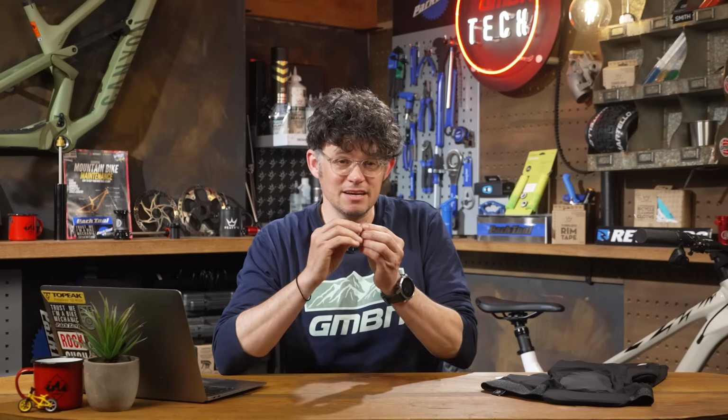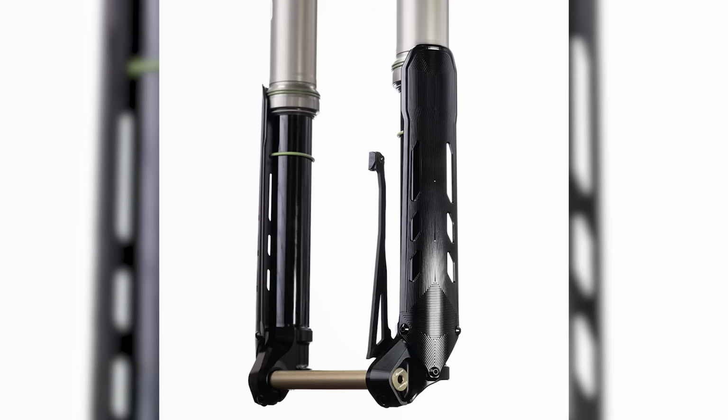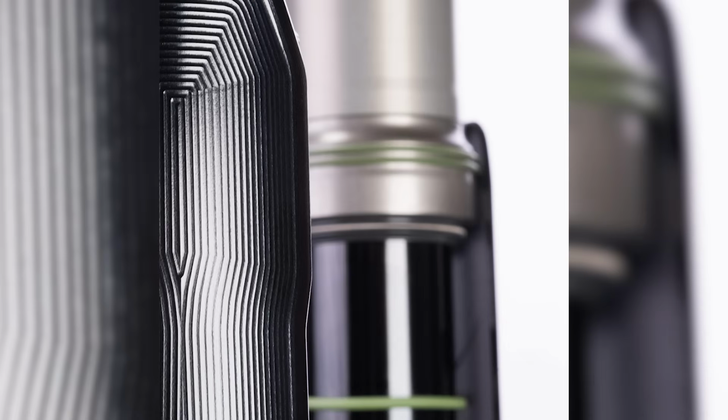But this novel system does have a kind of, I guess, feature in the fact that the air shock needs a minimum 200 psi to work, and that unusually means that it comes with a minimum rider weight of 85 kilos. So I might not be able to run it, or I'd have to run a really big backpack. Interesting. Up front, the forks use Intend's floated bushing system, which sees the bushing, it's an inverted design,